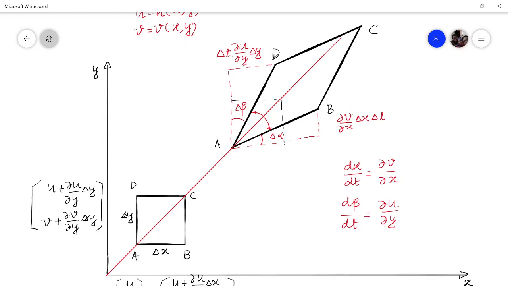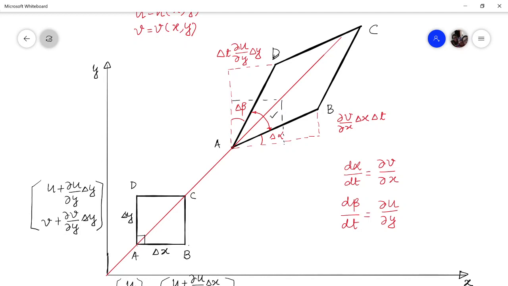That is, the included angle between two linear segments AB and AD, which was initially perpendicular, now has changed. So due to that, the line AB and line AD are not only getting stretched, they are also getting inclined towards each other, and hence the included angle is getting changed. The rate at which this included angle is getting changed is called the rate of angular deformation.